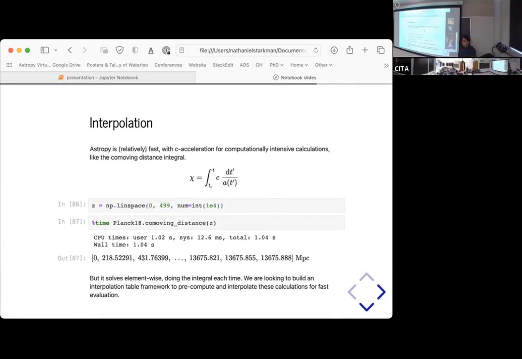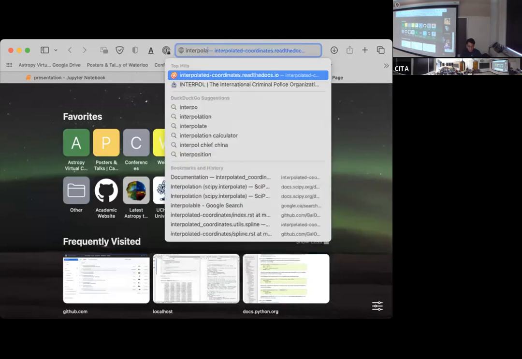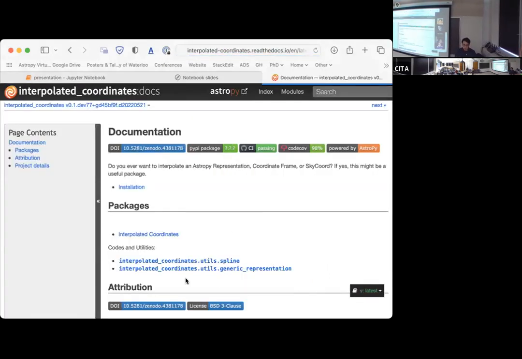Yeah, so interpolation is something that we're very interested in, right? Right now, all the things you mentioned, these methods, perform their computations element-wise, in this case solving the integral for each one. So we are looking to build a framework that changes this, so you have the option to work with interpolation tables. If you're interested right away in having NumPy interpolation with units, I actually found this useful enough myself that I wrote a little package